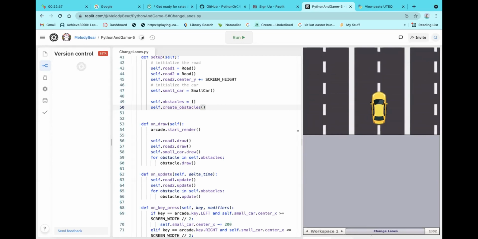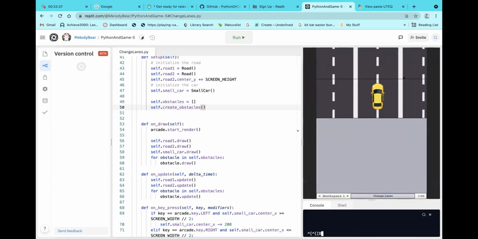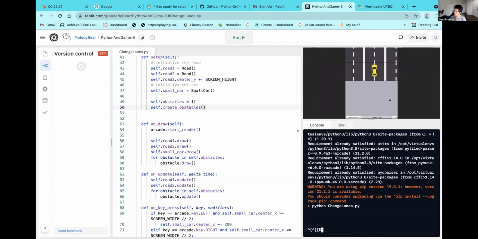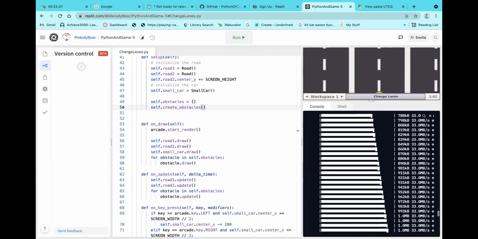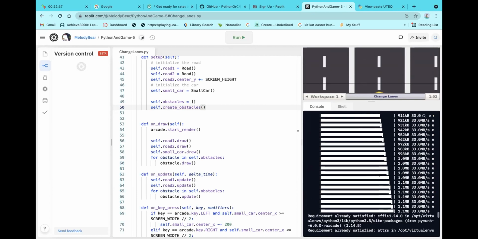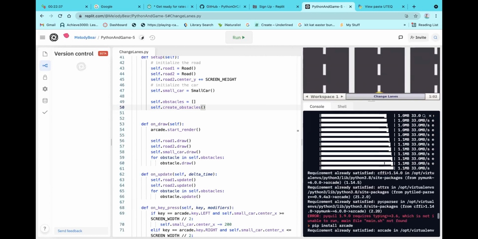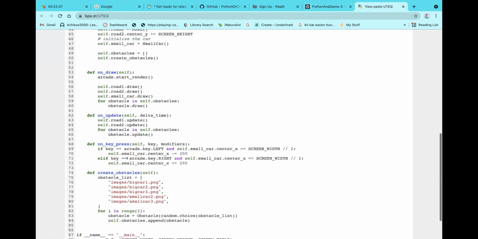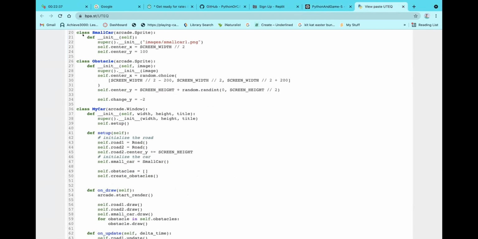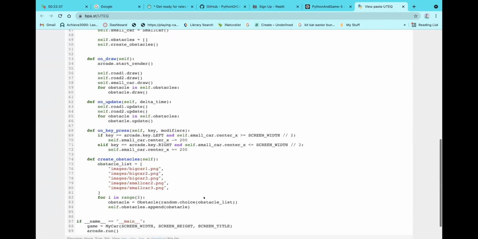If Sophia's works, I'm not seeing why this one shouldn't. Emma, are you copying directly from what I wrote? So like from the UTQ file? Yeah, this one. So if I copy this,